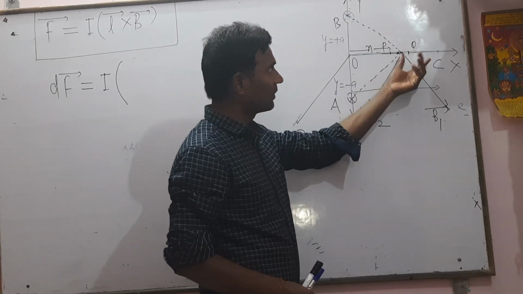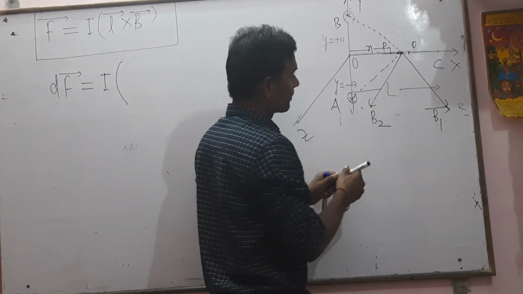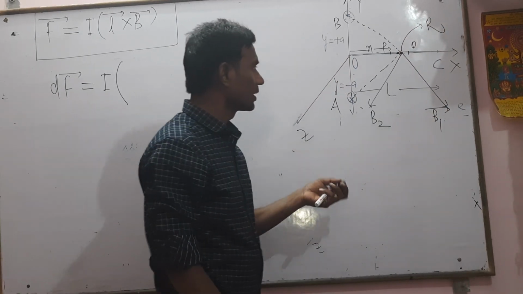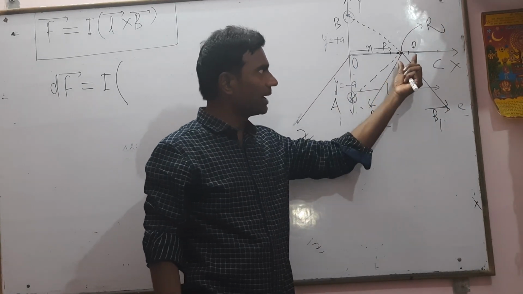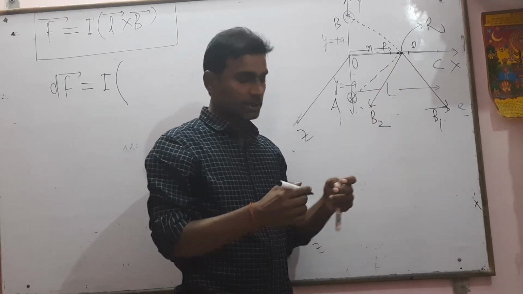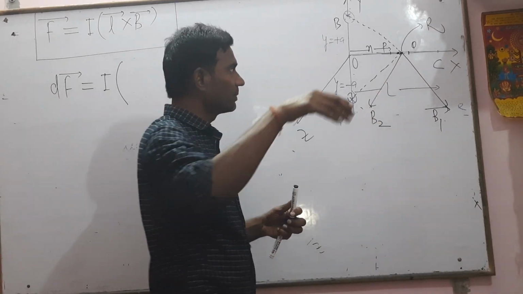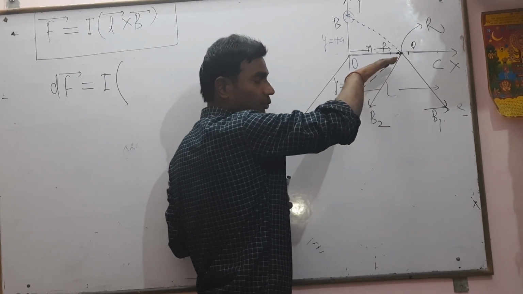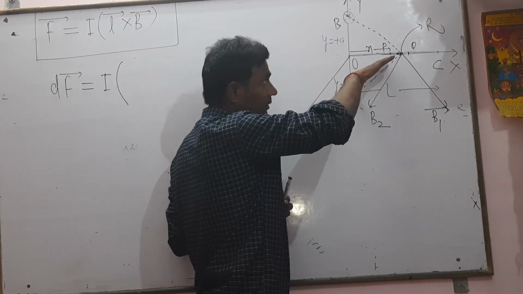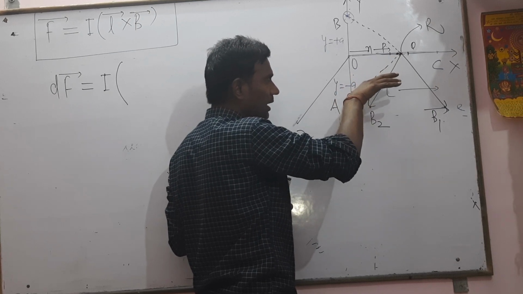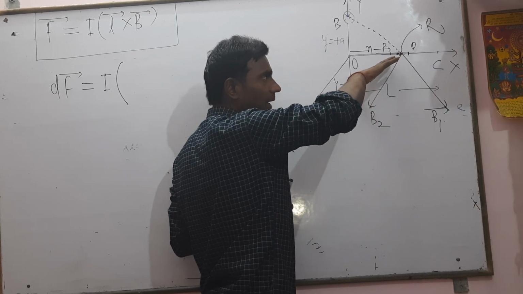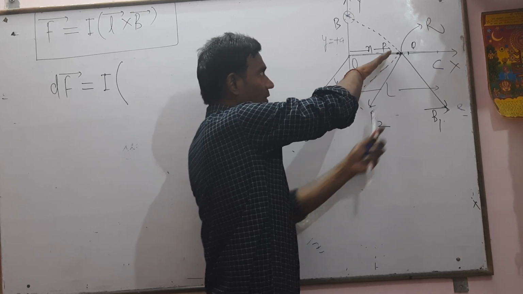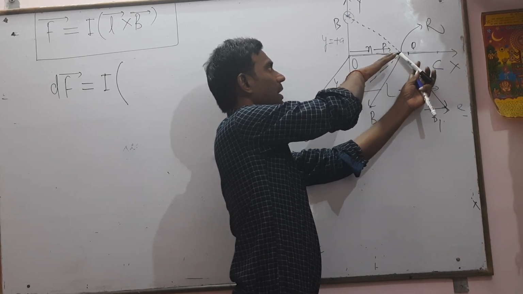Because we have to need the magnetic field at this point. Okay, let us suppose this point is R point. If we have to need magnetic field at R point, then the direction of thumb will be the current and direction of magnetic field will be perpendicular at that point. Okay, so direction of a current at A point is equal to, at R point direction of magnetic field will be perpendicular at that point.